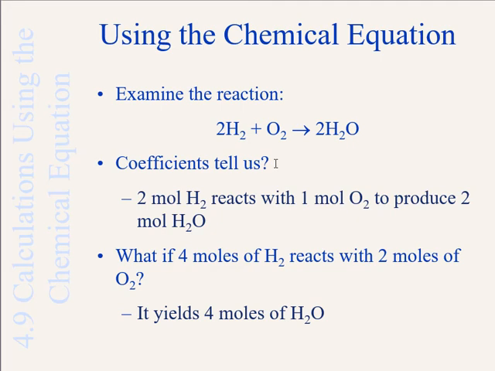And so we can do work in the laboratory where we can set up our reactions where we aim to produce a certain amount of product, and based on what our aim is, we can start with a certain amount